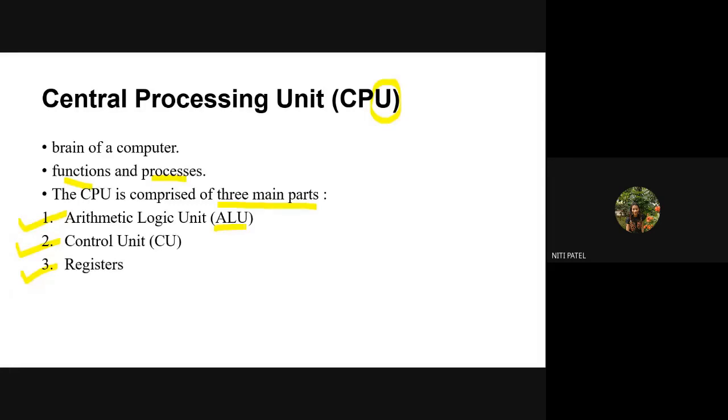So when I give a program to execute addition of two numbers, what is that addition of two numbers having? A plus B. A plus B क्या है? It is addition. So addition is an arithmetic function. So CPU में वो कौन से part के पास जाएगा वो program? It will go to the ALU part. Why? Because addition करना है तो वो arithmetic unit करेगा.